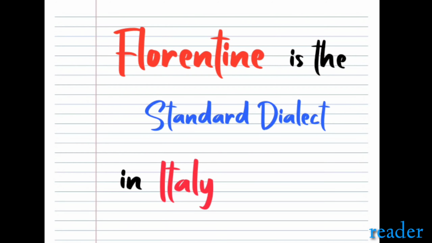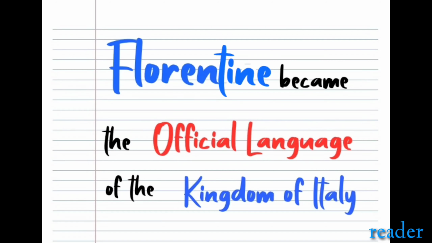So Florentine is the standard dialect in Italy. In these variations, only one will become the standard dialect, the standard form. And this will become the official language of the area. This is, in Kerala, we use the standard